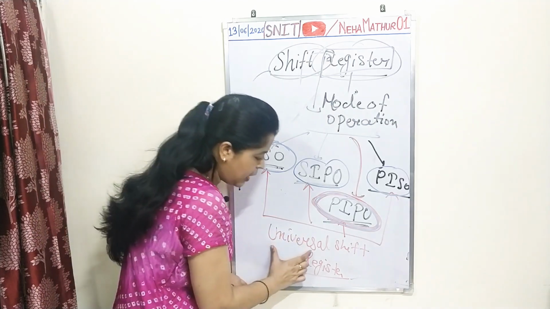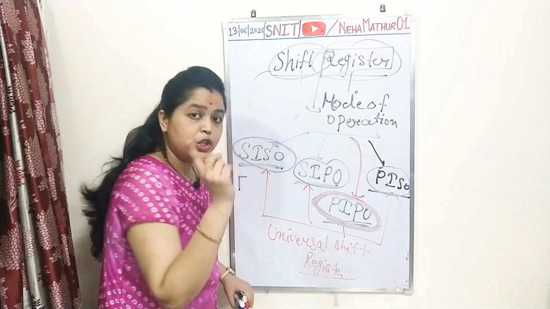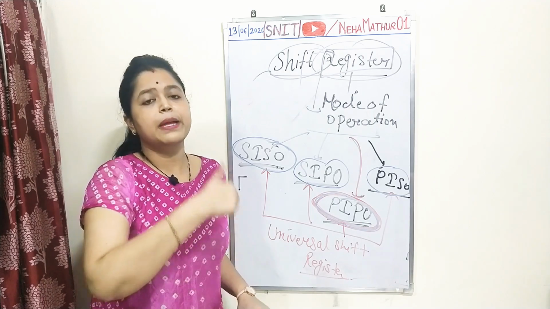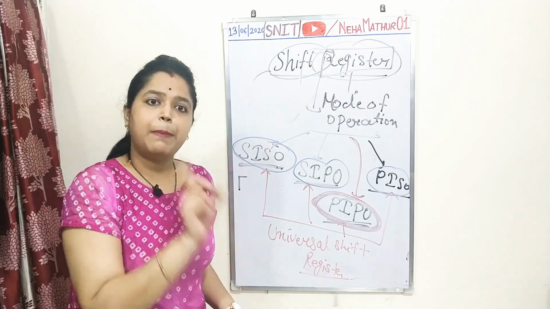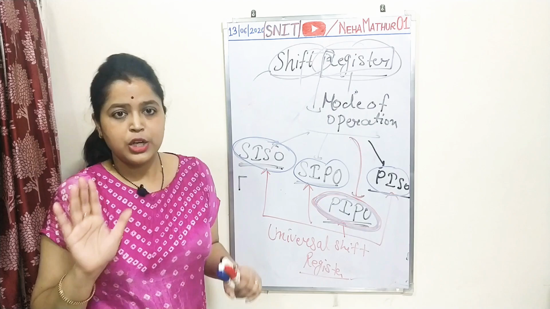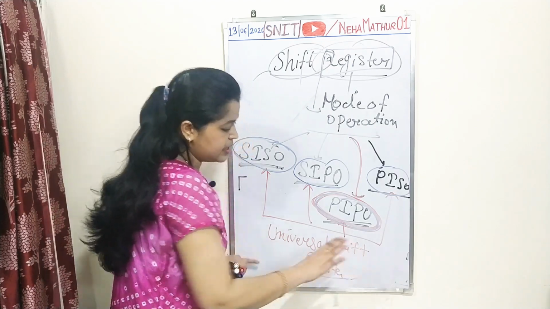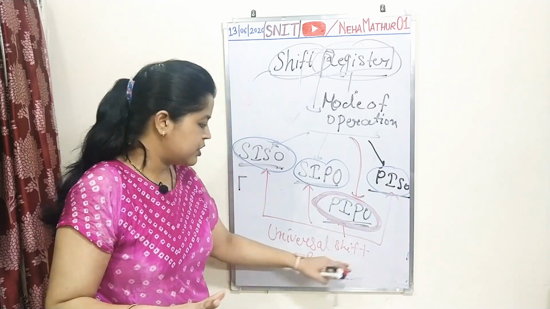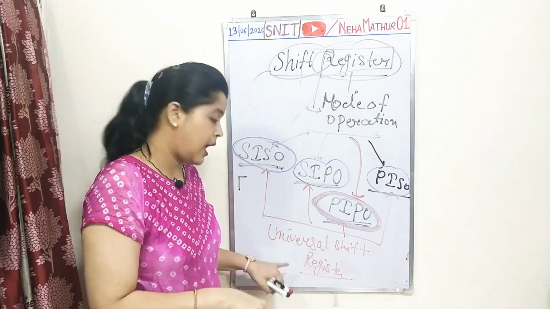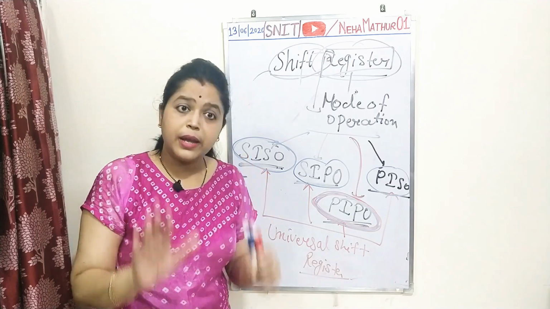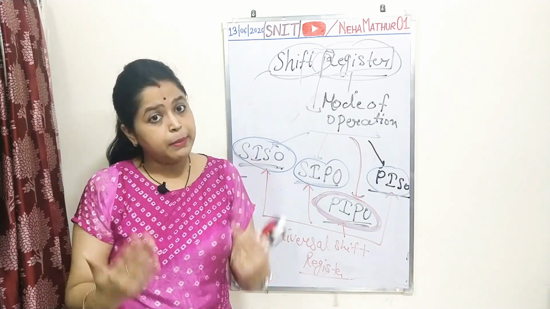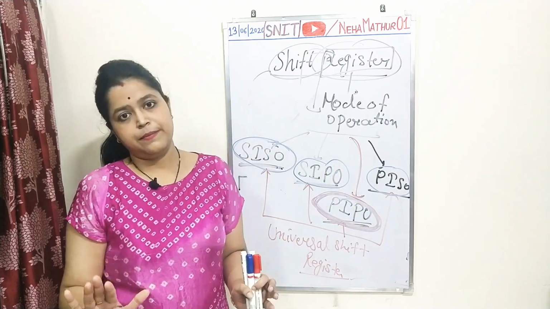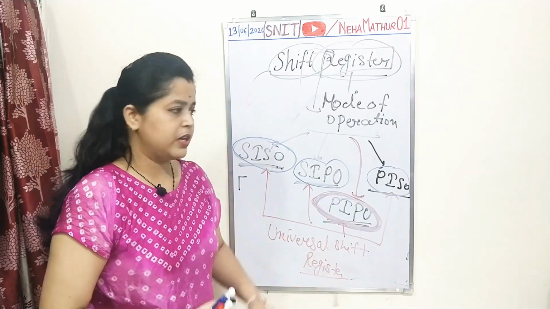So with the help of the universal shift register, you can shift your data in one direction or bidirectionally, it depends on you, and parallel loading also takes place. So the universal shift register is a kind of universal, because with the help of the digital circuit diagram of this register, you are able to show any mode of operation of a register. This is about the universal shift register.